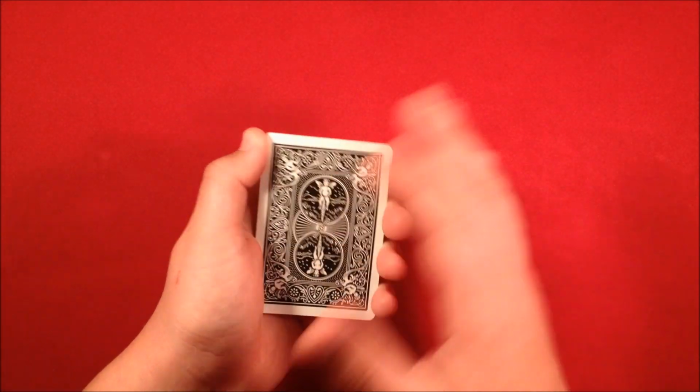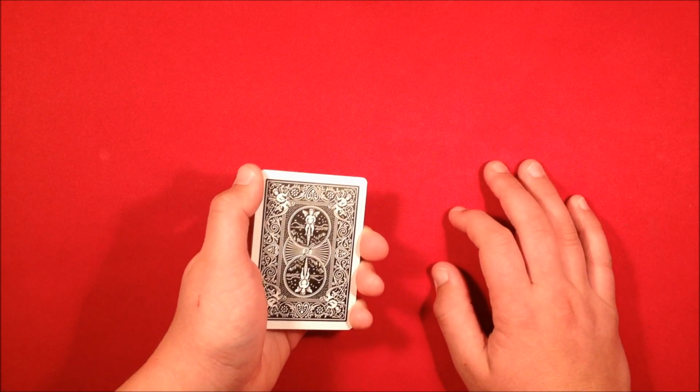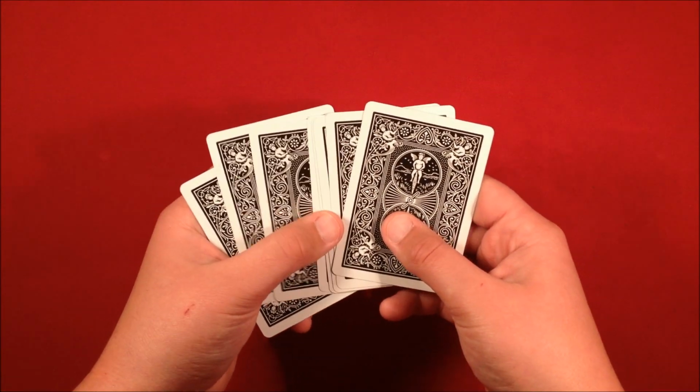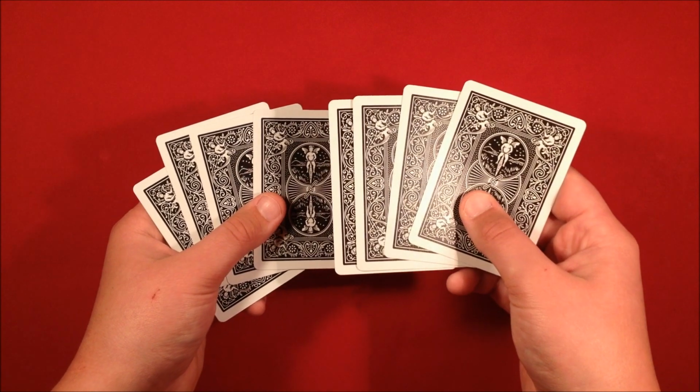So now you tell them that now your card is lost in the deck. I have no idea where it is, so I'm going to have to attempt to find it. I'm going to have to find this card here. So now you spread out the cards and you show them you have 4 cards in this hand and 4